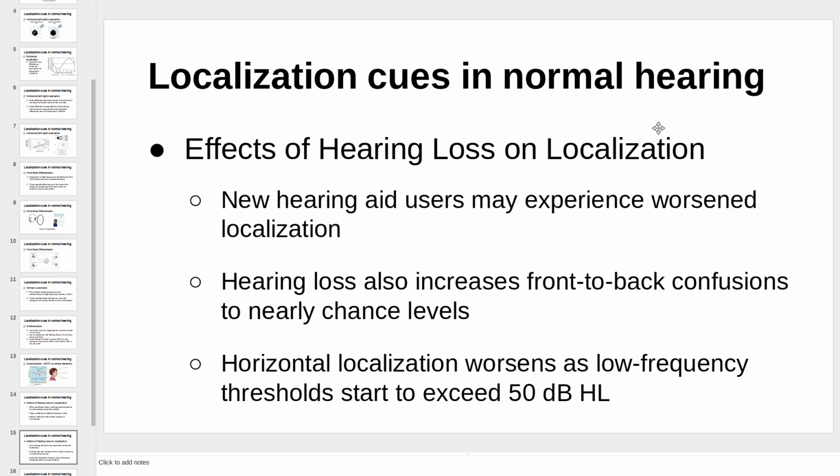Horizontal localization is usually going to be the best preserved of any of these localization abilities, and the reason is because it's the least dependent on high frequency hearing. Horizontal localization ability is going to be more dependent on interaural timing cues than it is on interaural level cues. And if we think about communication, that's the most important to us in everyday life. It's usually going to be a broadband signal, and those broadband signals are going to have greater intensity at low frequencies to begin with. So it's usually not until someone has a pretty substantial low frequency hearing loss, when their thresholds are exceeding 50 dB HL, that they're really going to be impacted in terms of